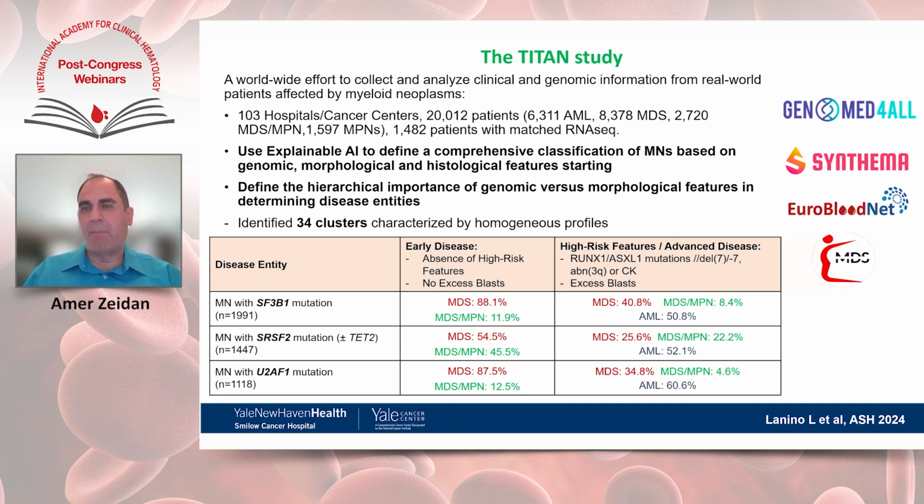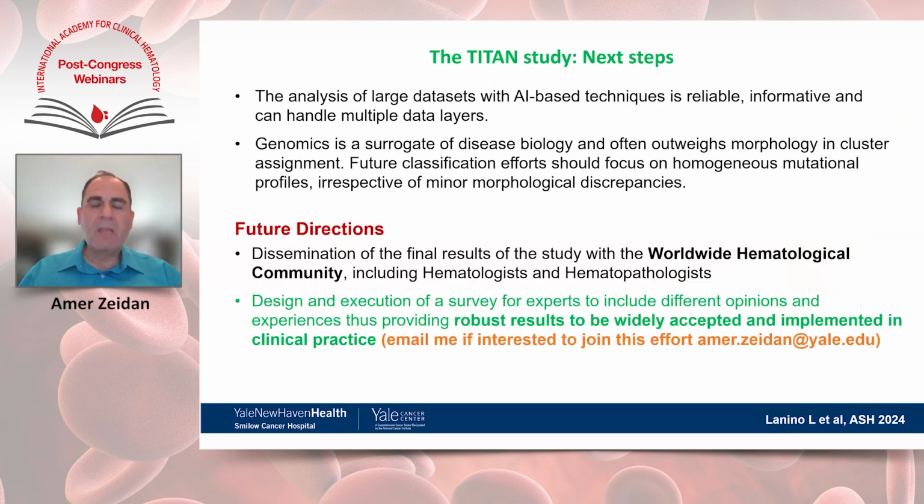So, as an example, if you are going to use luspatercept, which is currently approved in lower risk MDS, but you have a patient with MDS/MPN overlap who has an SF3B1 mutation and is primarily anemic, that could also be an option. But of course, we need the clinical trials to support that.